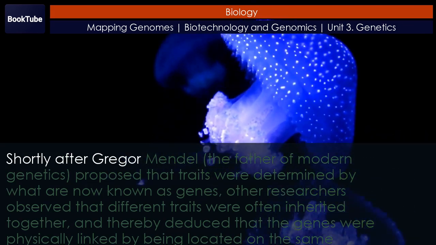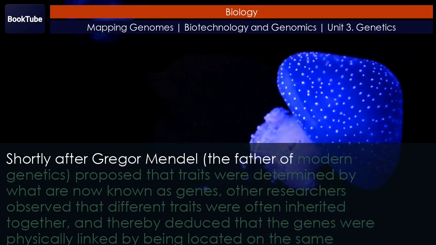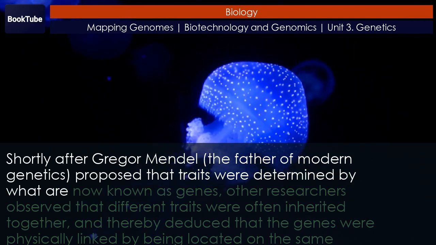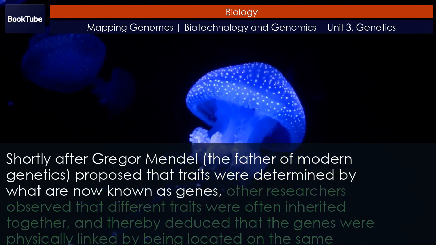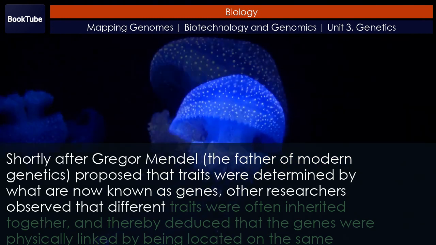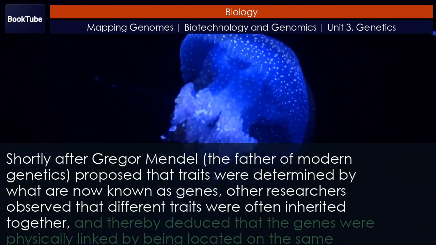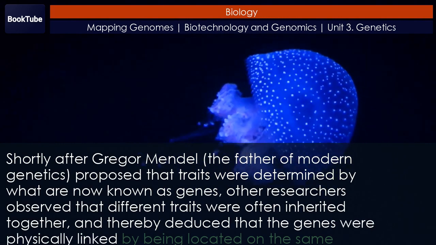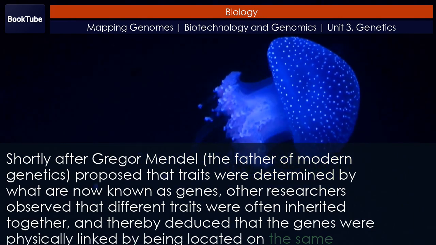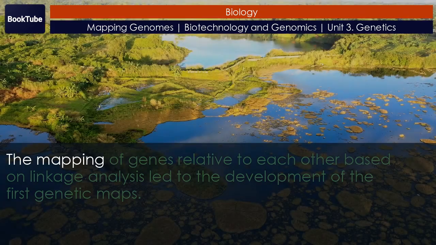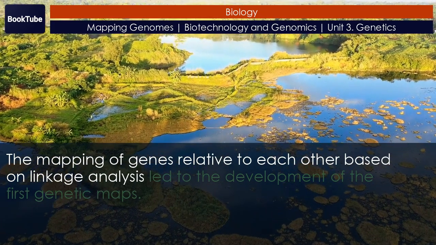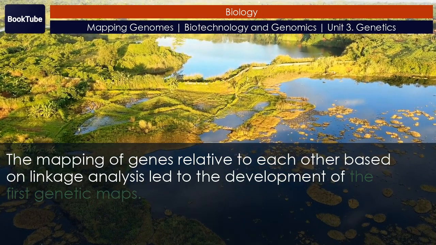Shortly after, Gregor Mendel, the father of modern genetics, proposed that traits were determined by what are now known as genes. Other researchers observed that different traits were often inherited together, and thereby deduced that the genes were physically linked by being located on the same chromosome. The mapping of genes relative to each other based on linkage analysis led to the development of the first genetic